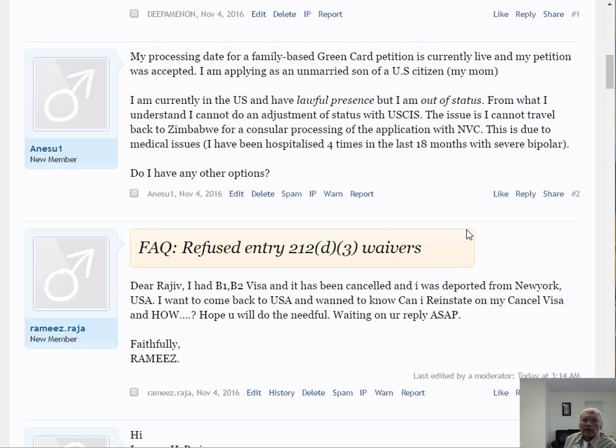Even if you have health issues or issues that stop you from traveling, I don't see how you can find an exception in the law. I don't know for sure. You can discuss it with a local lawyer, have them go through your case, but my knowledge says there is no way for us to get you an exemption from adjustment of status. And the problem is, if you are unlawfully present, then you could be subject to a 3-year or 10-year bar if you leave USA. So it's a difficult situation.